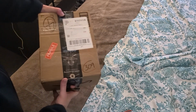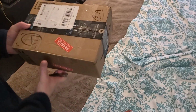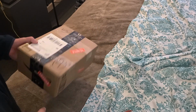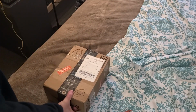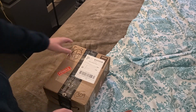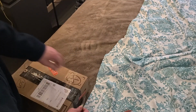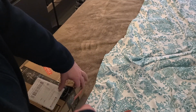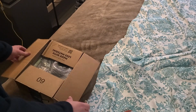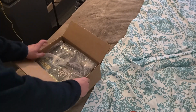Okay, just got this. I believe this is a video card. This is a Nvidia 3060 Ti. Weirdly, it was saying it was going to come tomorrow, which is the 10th. It's the 9th today, and I'm supposed to actually receive a front panel piece for a Dell today. This came, so